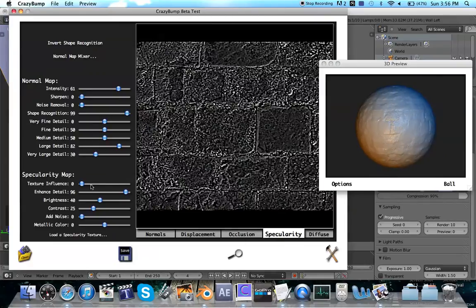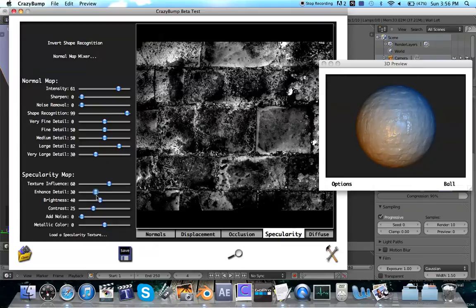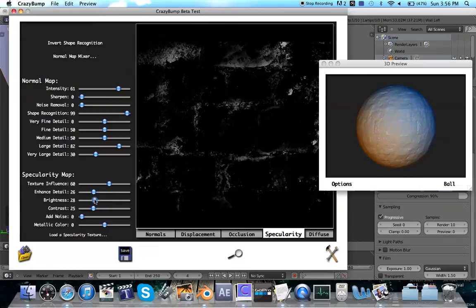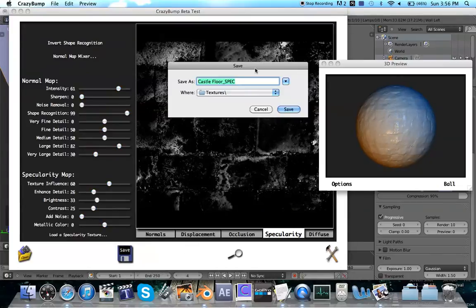Specularity. This is quite fun to play around with. It's where white is basically where shadows... Sorry, no. White is where reflections will be. Dark is where no reflections will be. So that looks pretty cool. You don't want too much, just bear in mind the scene, we're in a castle where there's not going to be too much specularity unless it's like, I don't know, underground and there's water on the floor or whatever, so you can save